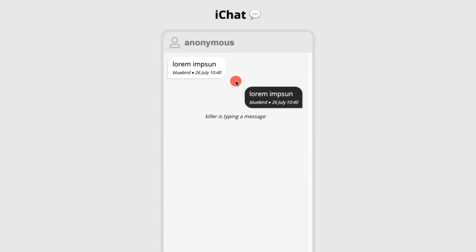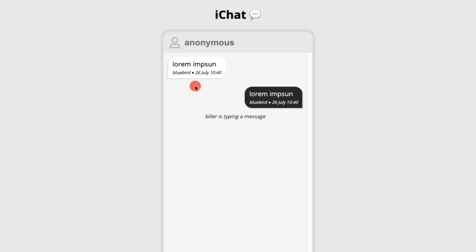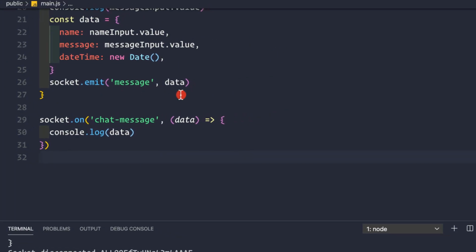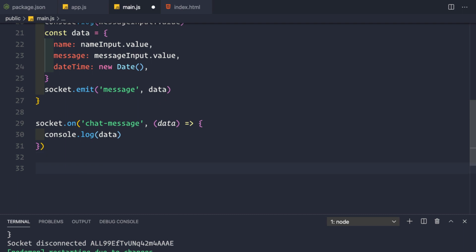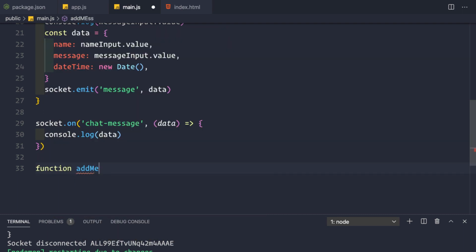We see here that we are getting two types of bubbles. Once we are sending a message, we are getting this bubble here, and once we are receiving a message, we are getting this bubble here. So for that, let's create our function inside our main.js file. Let's create a function called addMessageToUI, like this.